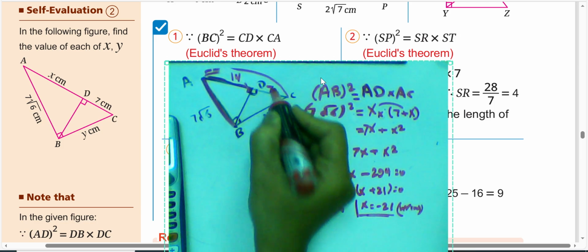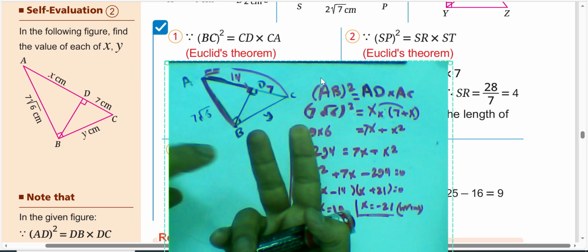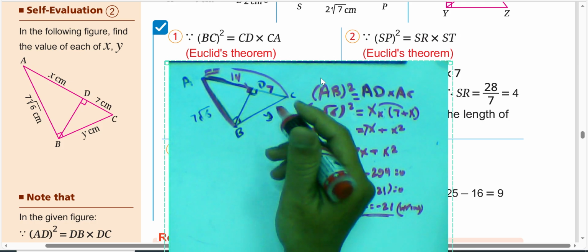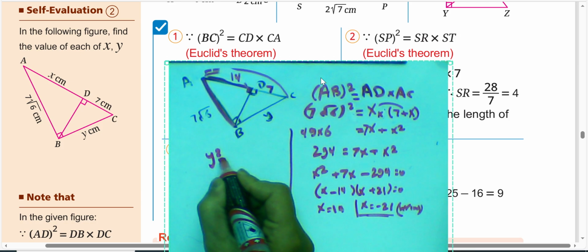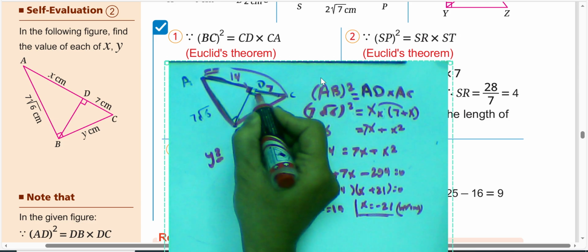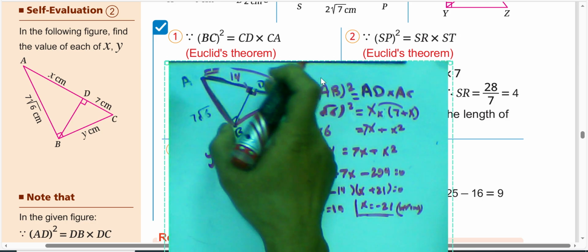Okay, and this is 7 centimeter. We can find also the length of Y from what? We have two methods, from Pythagoras theorem or Euclid's theorem. I will solve by Euclid's theorem. Look at here, Y power 2, this line segment power 2, equals the conjunct of this side, the conjunct of BC equal DC. Okay,